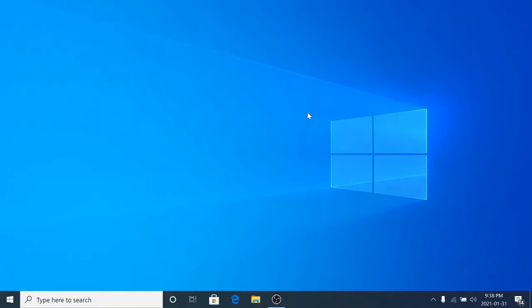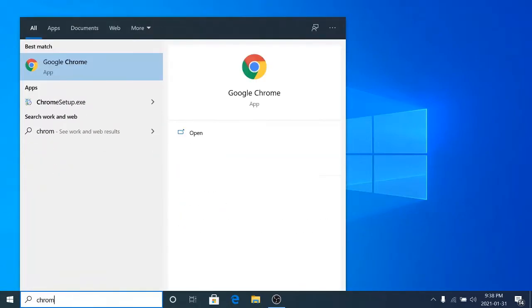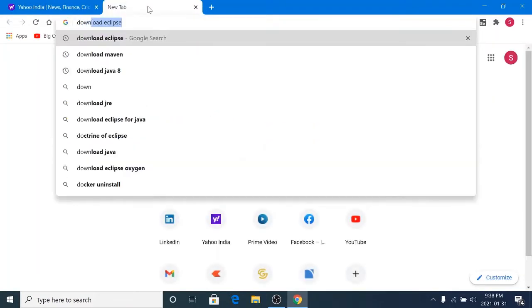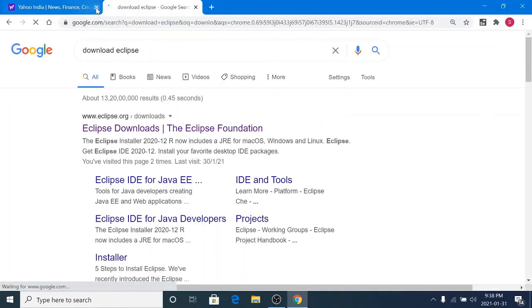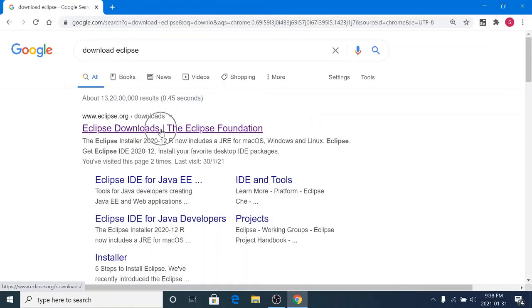Today we will see how to install Eclipse IDE on a Windows machine. Okay, so let's download Eclipse first, then install it. Let's launch the Chrome browser and search "download Eclipse". Okay, you have to click on this first link, eclipse.org downloads,